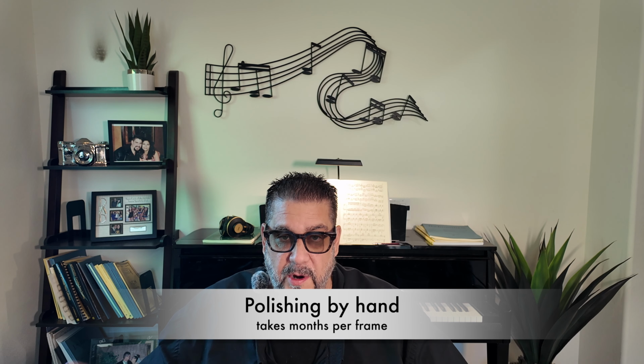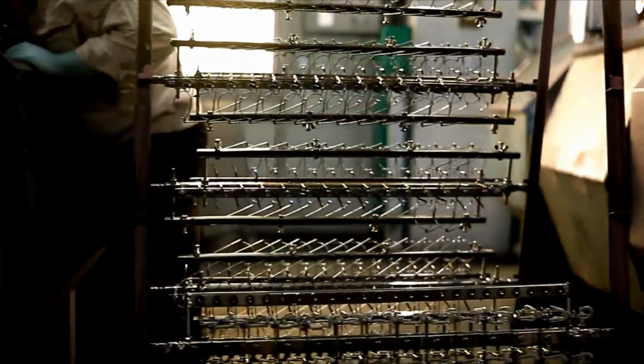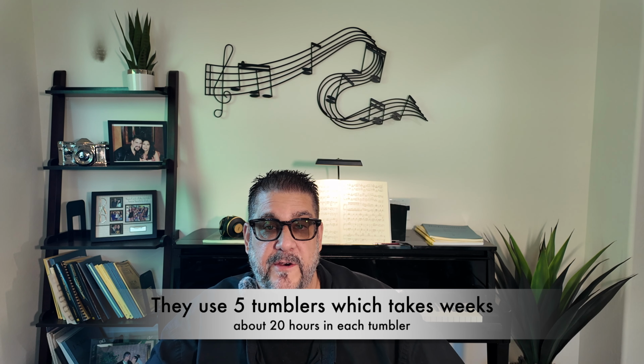The polishing process is largely manual, but involves taking the frames and putting them into a tumbler and letting them tumble for 20 hours with chips of bamboo and pumice. Once that's done, they pull them out, wash them, hand polish them, then put them into another tumbler with finer and finer chips as they move from tumbler to tumbler in a process that can take